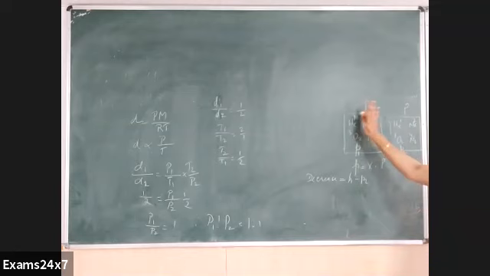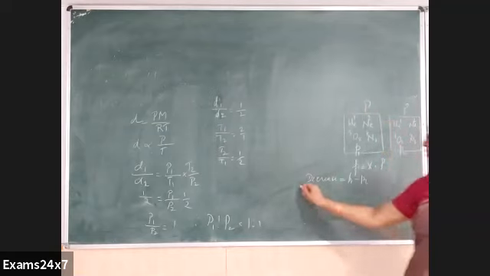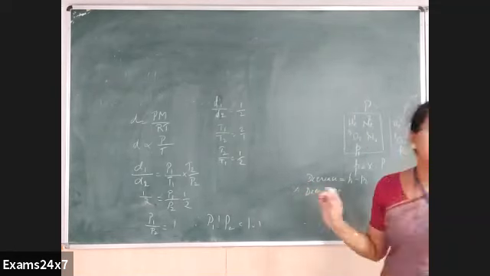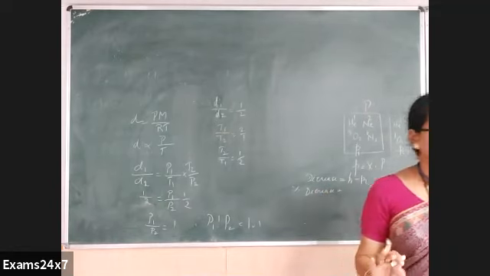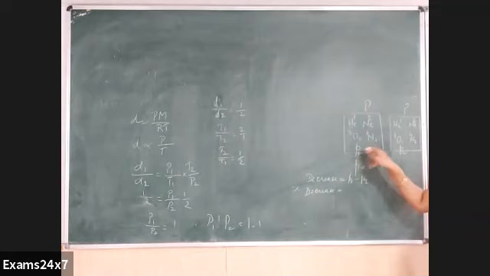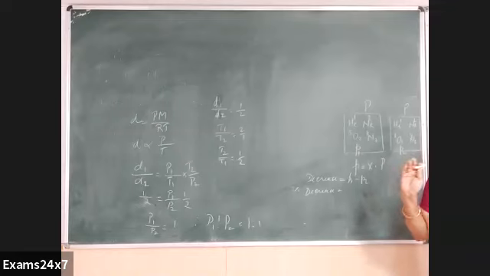So much was the partial pressure oxygen had before. Now it has P2. How much is decreased? P1 minus P2. But the answer is given in percentage. Therefore, how do you take the percentage decrease? It is something like you had 10 rupees, that is P1. You have spent 3 rupees, that is P2. How much is the decrease in the amount? You had 10 rupees, you spent 3 rupees. How much decreased? 10 minus 3, no?